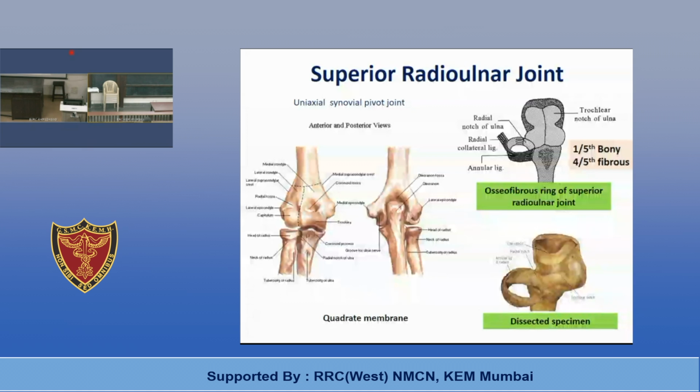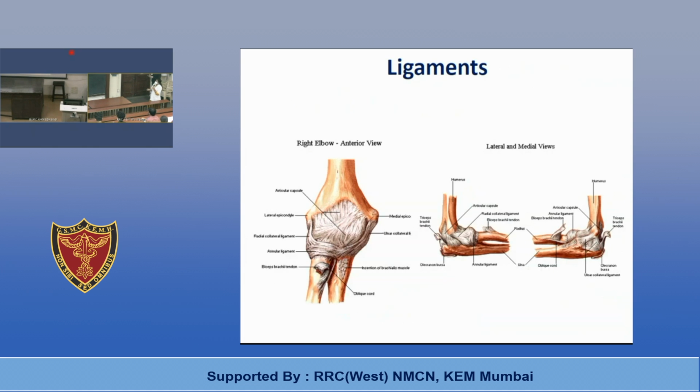There is one clinical condition that we'll be discussing later. It is related to these two components: the shape of the annular ligament, and the head and neck of the radius in children and in adults. Ligaments we have already seen. This is the annular ligament, and here you can see how it blends with the radial collateral ligament laterally. It will also blend with the capsule of the superior radioulnar joint as well as of the elbow joint.